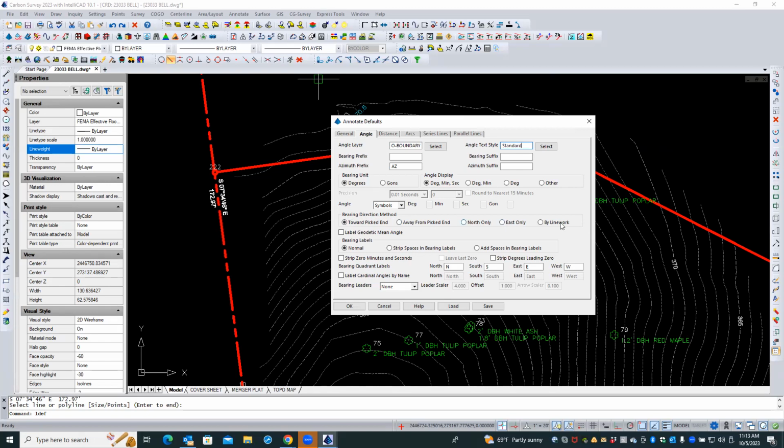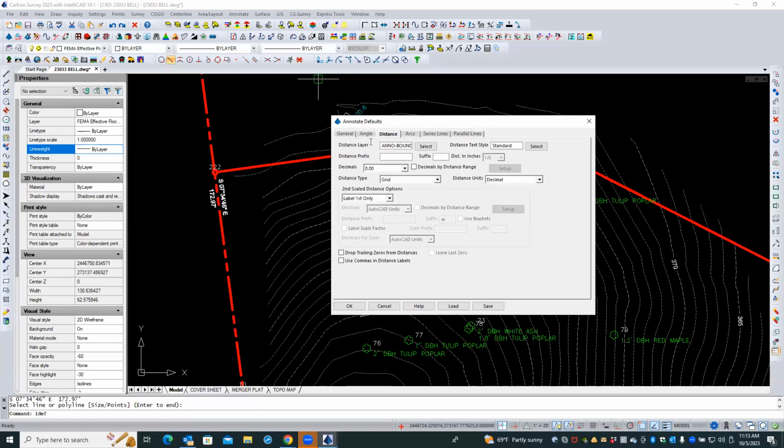You can, if you follow the line work, it's whatever direction the line was done in, or you could say away from the picked end, just keep in mind what it is. All right. So that sets that behavior. And then the distance would be,